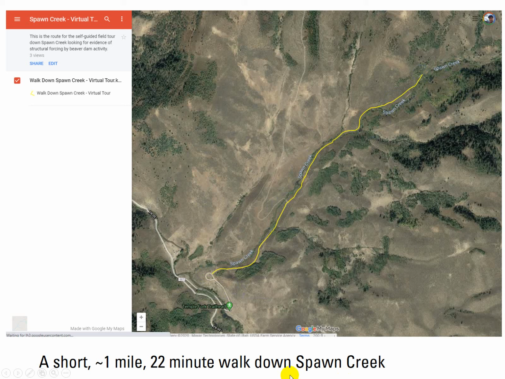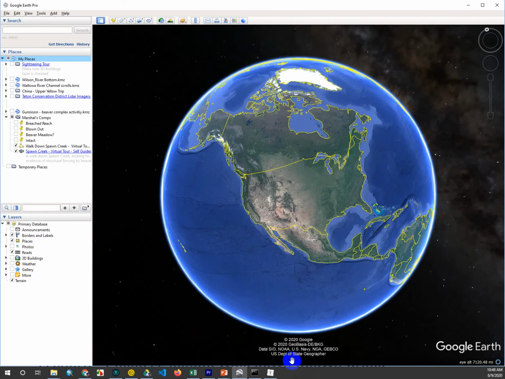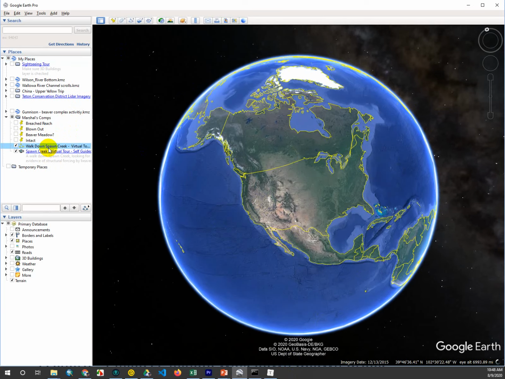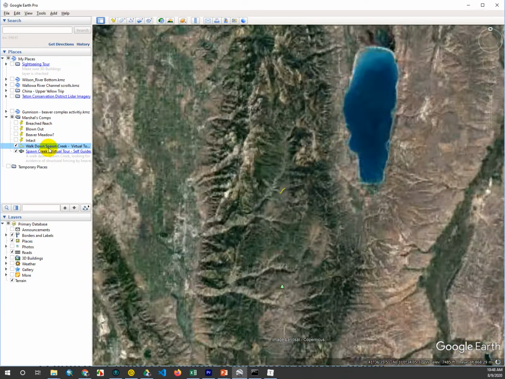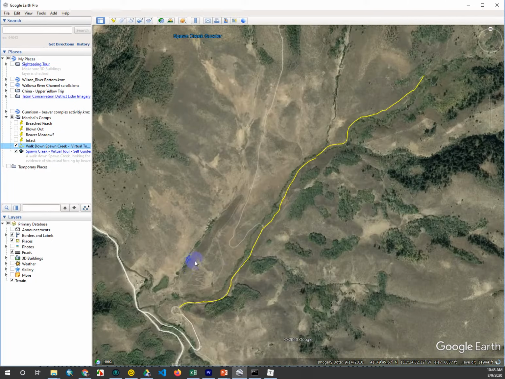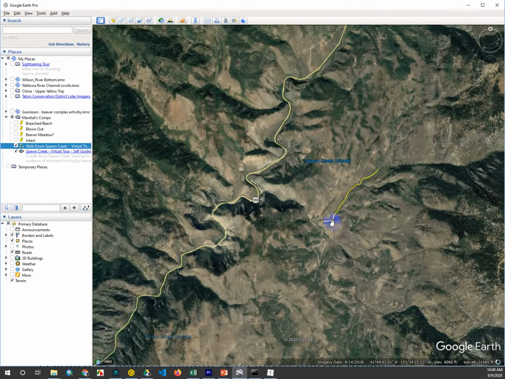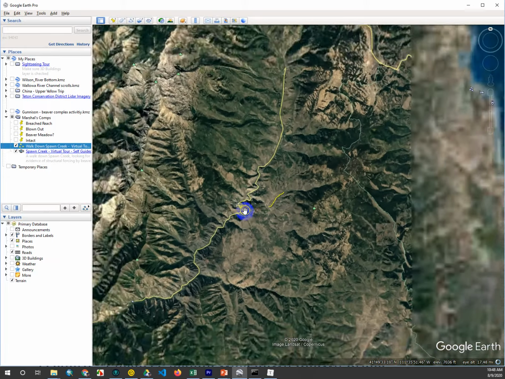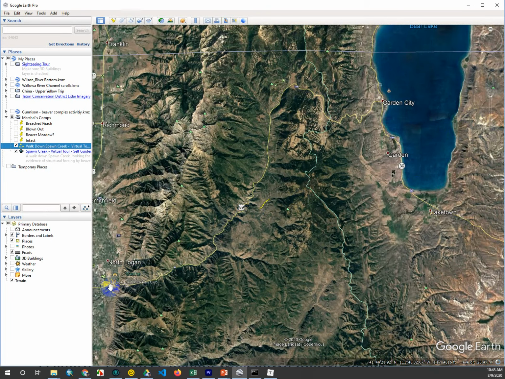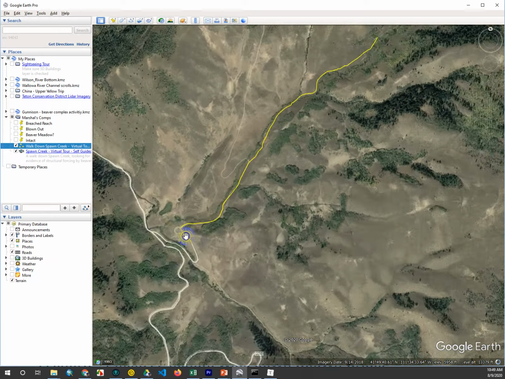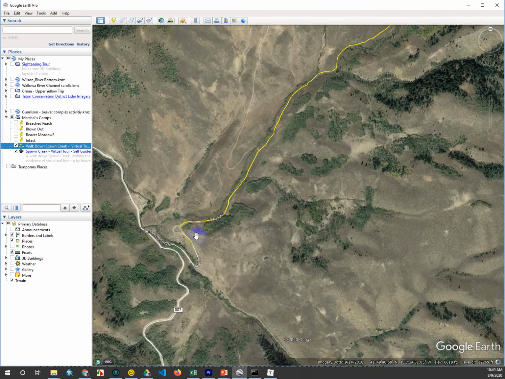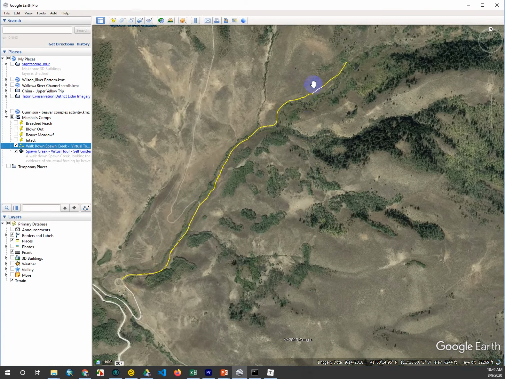So I just want to show you real quick a little broader context for where this is. So this is in Utah. So we'll zoom in here. So we're in the Bear River Range. And so this is, if I zoom out a little, this is coming up Logan Canyon. We got Bear Lake over here. There's Logan where Utah State University is. So you drive up the canyon onto Forest Service land, come up Temple Fork here, and there's this little parking area. And so what we'll be doing is